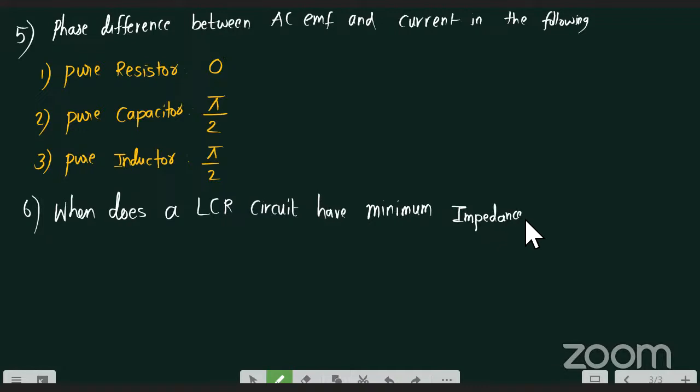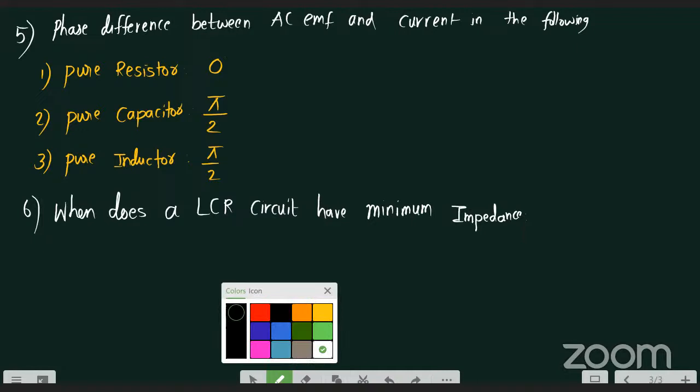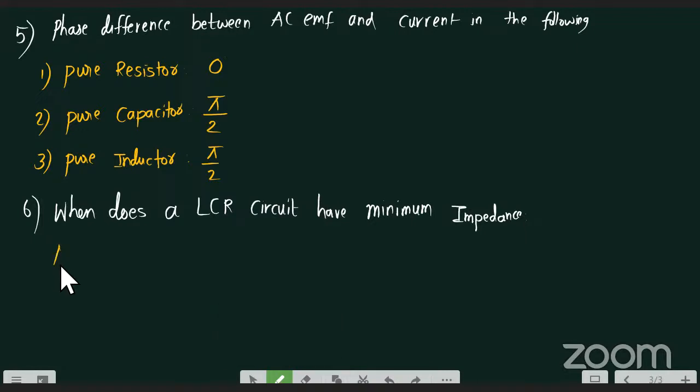Minimum impedance. In an LCR circuit, what will we be having? We'll be having an inductor, a capacitor, and a resistor, all of them connected in series. He's asking what is the minimum impedance condition in case of an LCR circuit. So remember that answer: at resonance,